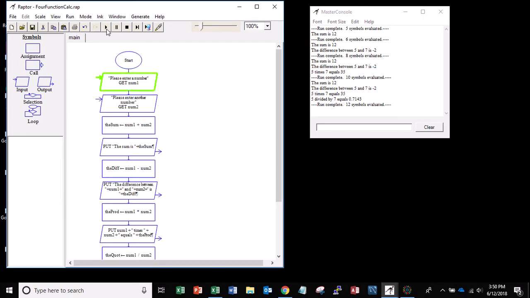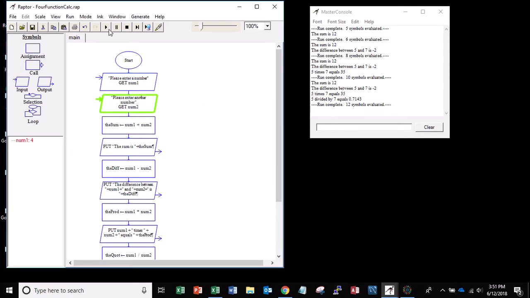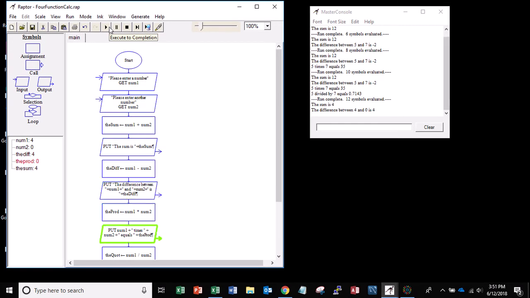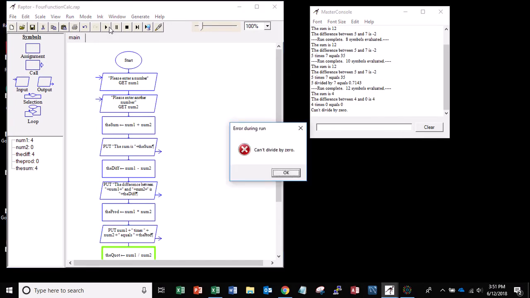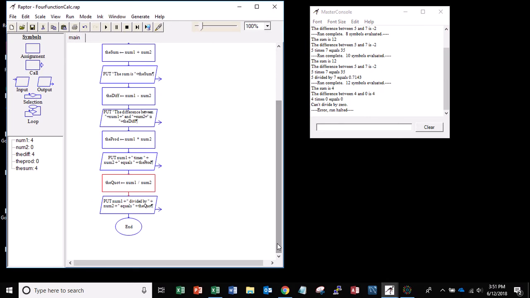Let's run this again. Let's type in a number like 4 and 0. And we got the sum, 4 plus 0 is 4. Difference between 4 and 0, we got that, and then I get this can't divide by 0. An error message, and our program stops. So what we can do then is, if we don't want an error message like that,